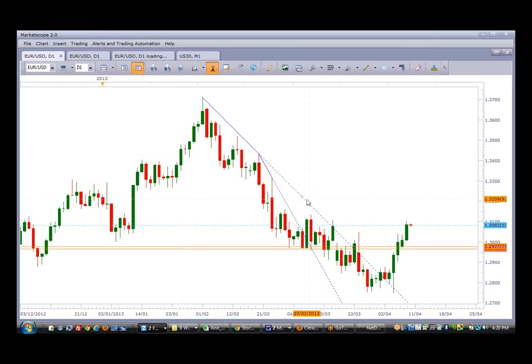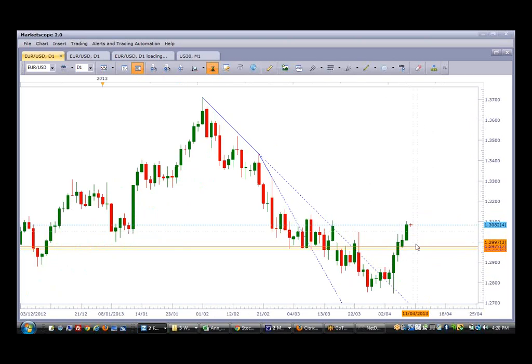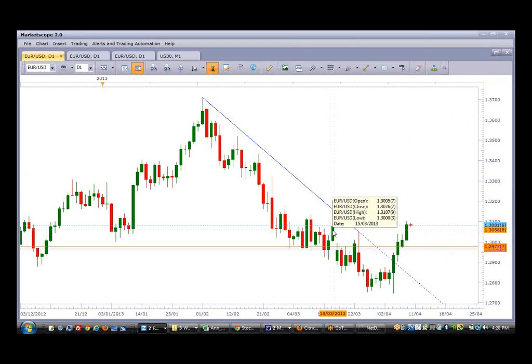Euro against the dollar here after a nice support by the buyers. New support base right here has formed. Nice V formation here as well. You can see now buyers are very much in control. Higher lows, higher highs happening. So it has been this price right here, a new high. We can also see a nice break of the primary downtrend line on the daily. And for the next price to beat, look at the high of this, 131.04, high of this, 131.07. So the next price to beat is 131.07.